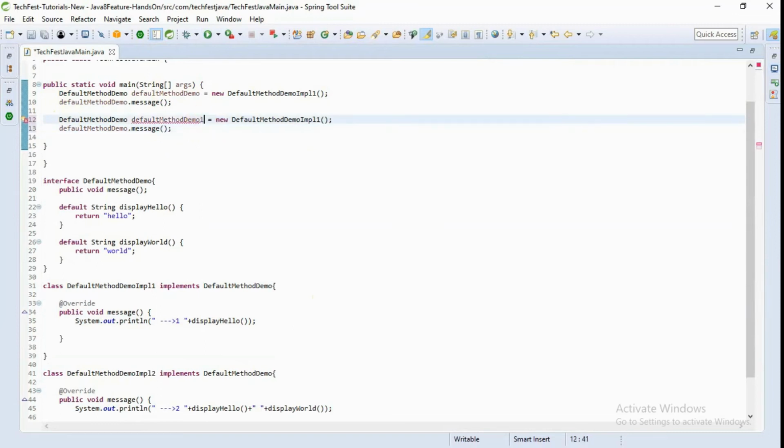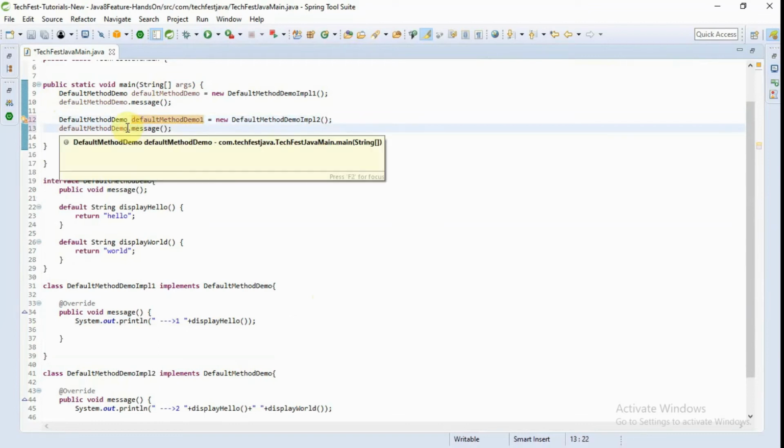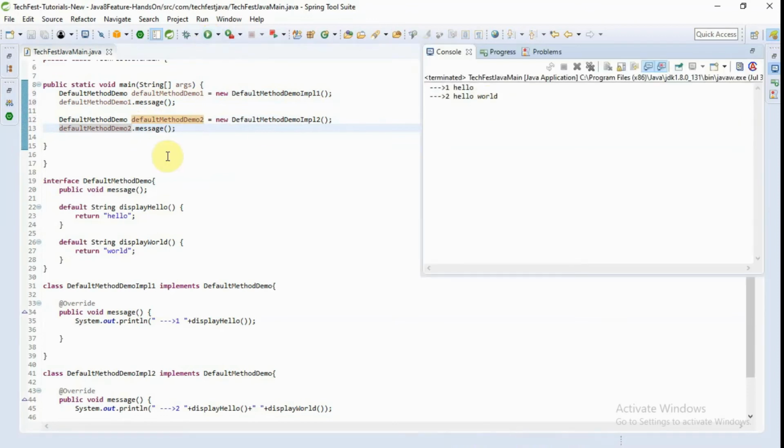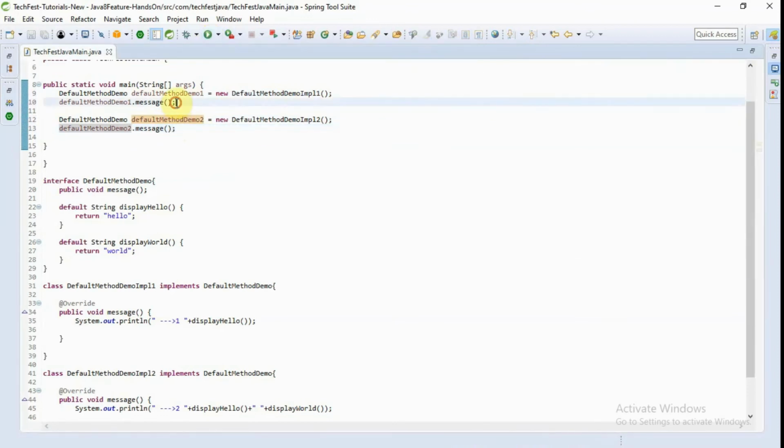No, we are creating one more, this, and then this, and then I'm creating this as 1 and this reference as 2 for better understanding. Now I would run this code. Now we can see that by calling this